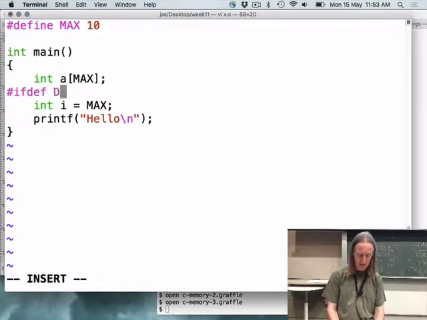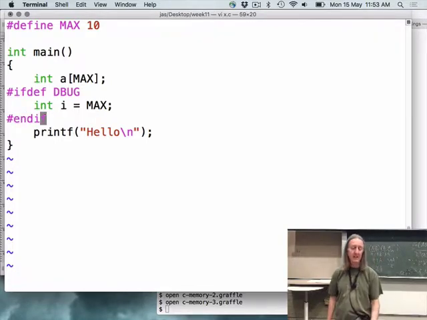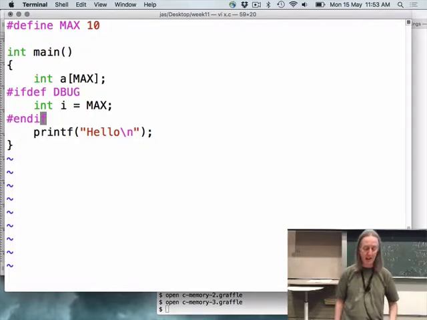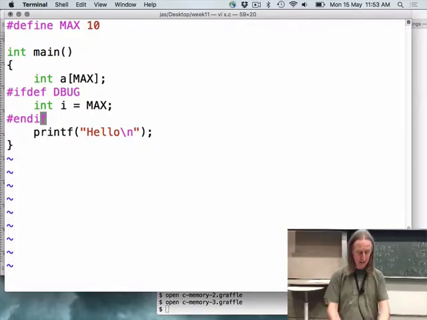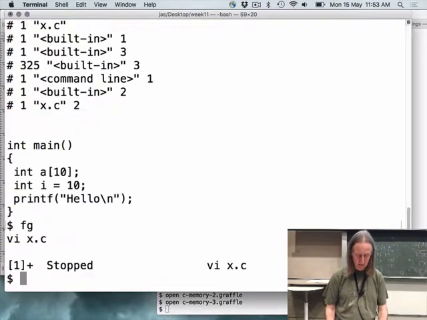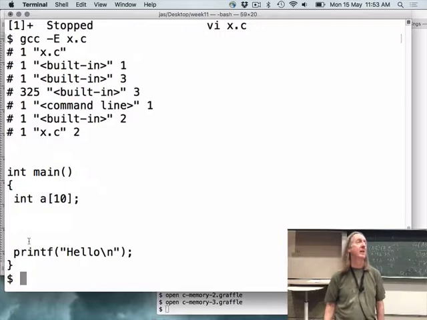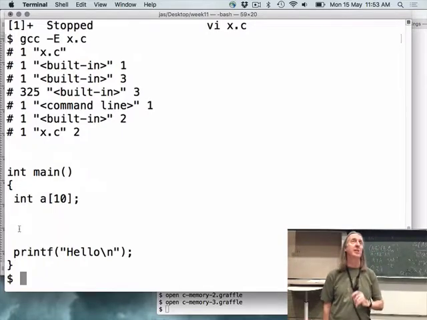I'm going to indicate that by defining a name DEBUG, and only if that name is defined is int i = MAX going to appear in the program. Now, nowhere up here is DEBUG defined, and so when I run the C preprocessor, that statement about i = MAX goes away. It doesn't appear in the final result.